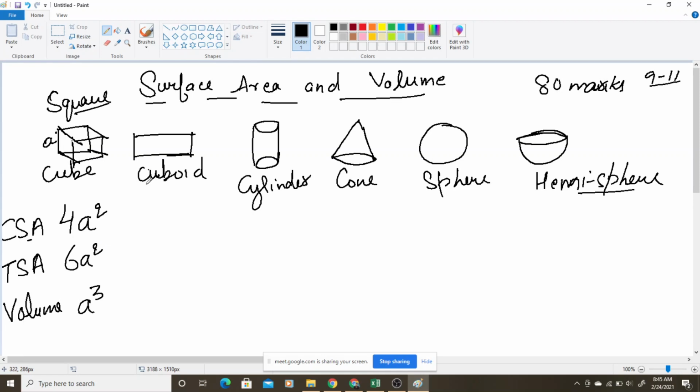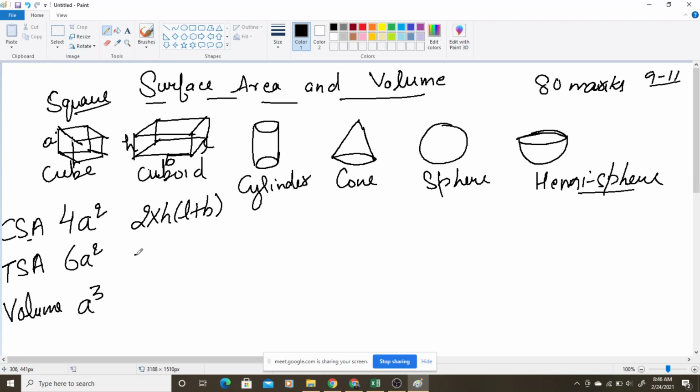So base area multiplied by height is the volume. Similarly, for a cuboid, if you check its cross section, its walls or its top and bottom, which kind of cross section will it have? It will be a rectangle, having length and breadth. So the same thing, if you are finding for a cuboid, its CSA is 2 into H, then bracket L plus B.